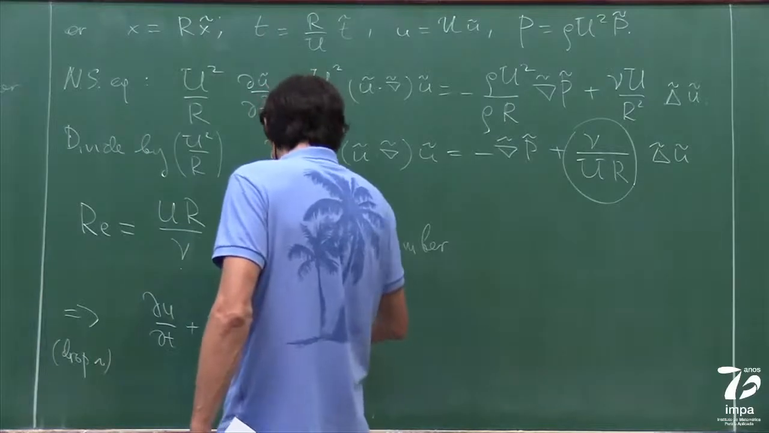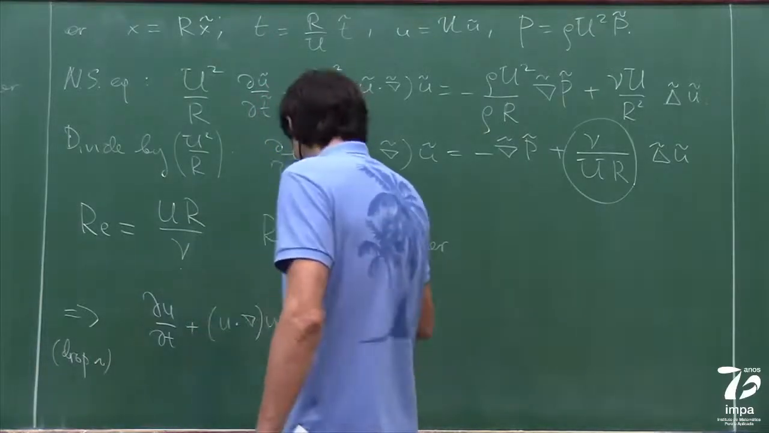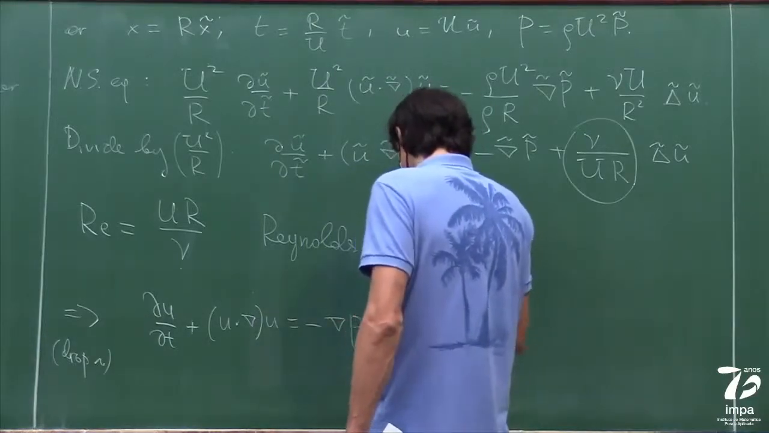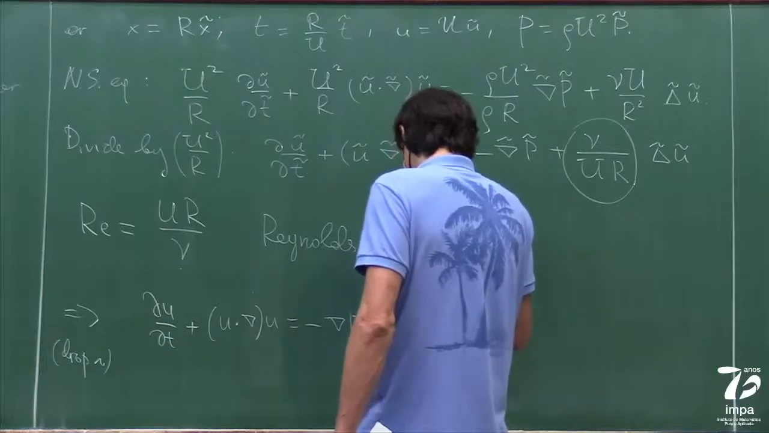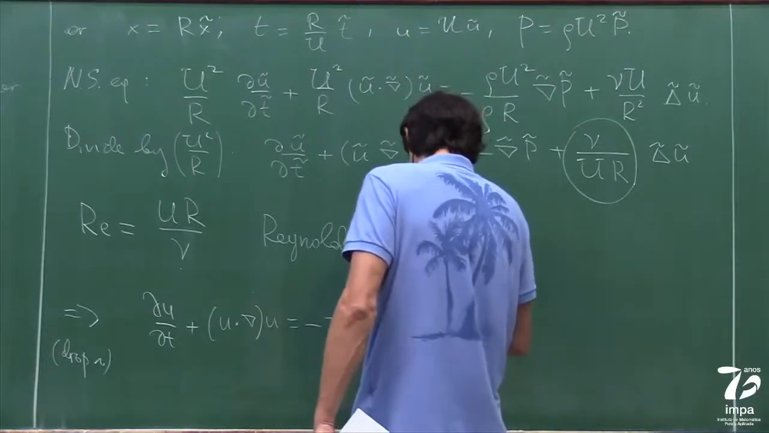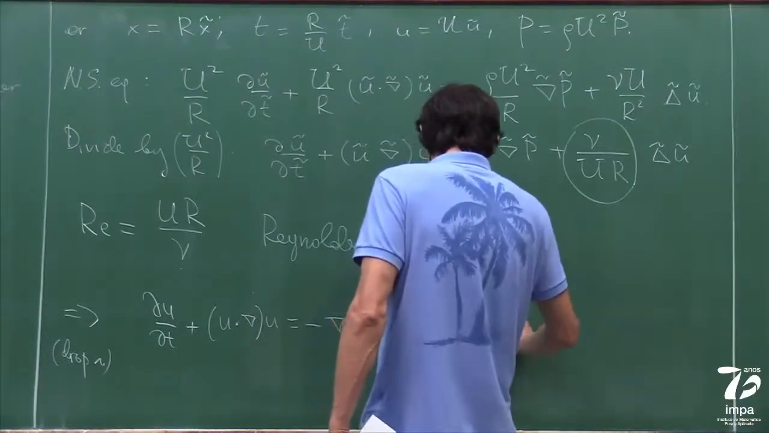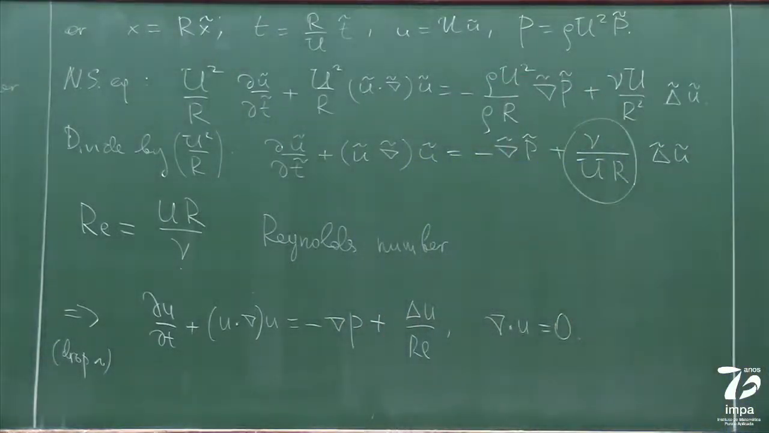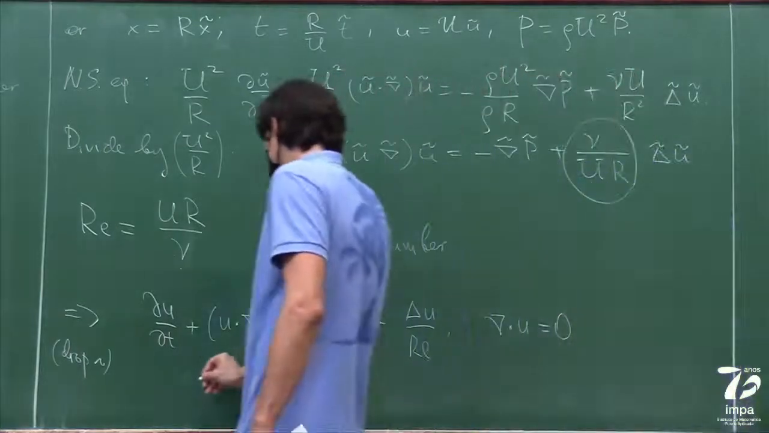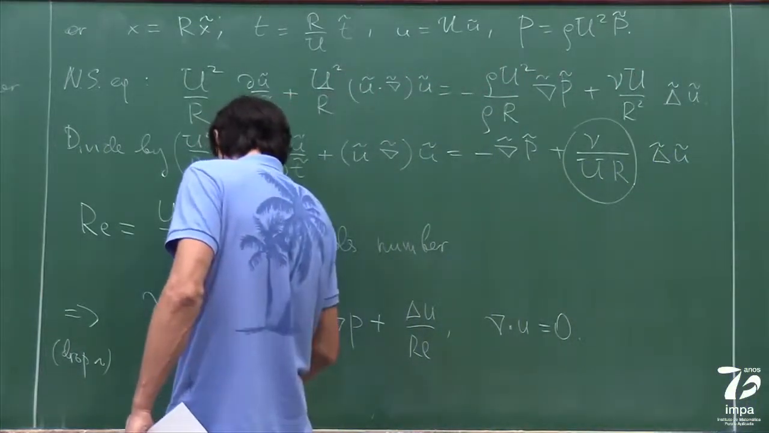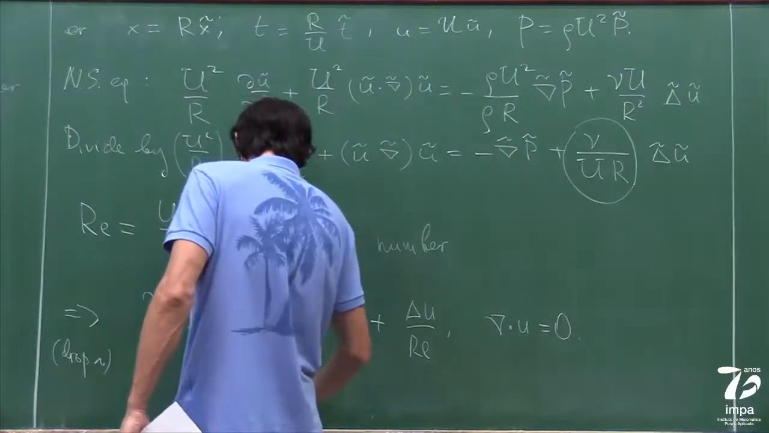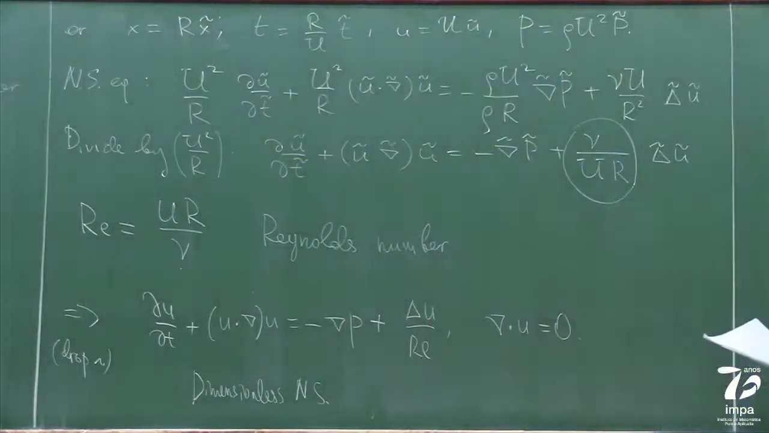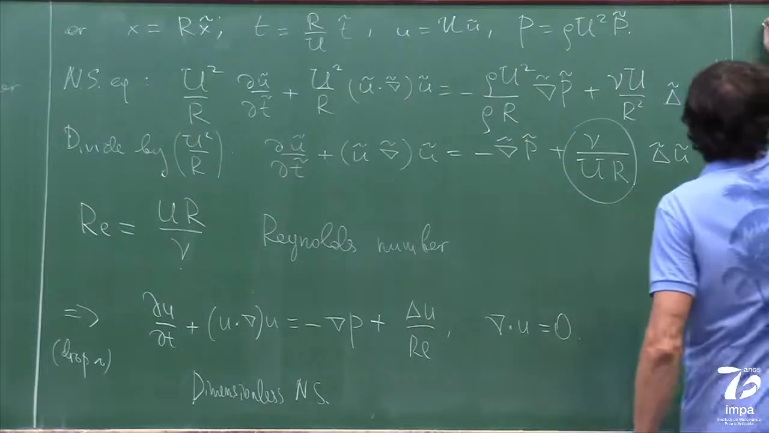It's just the same equation, but slightly simpler. There is nothing dividing the pressure, and then there will be plus the Laplacian divided by the Reynolds number. You can also check that the incompressibility condition just remains the same. So this is the dimensionless Navier-Stokes. And now you can see what you gain: